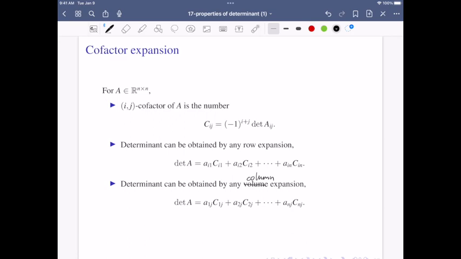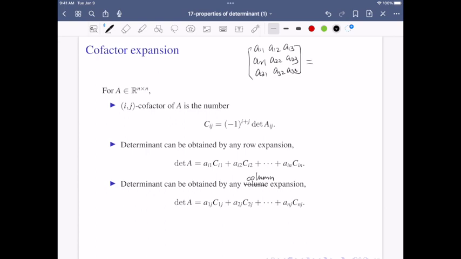Cofactor expansion. This property tells us that we can do expansion of the determinant along any row or any column. So in the definition, we said, for example, if we have a matrix with entries A11, A12, A13, A21, A22, A23, A31, A32, A33,